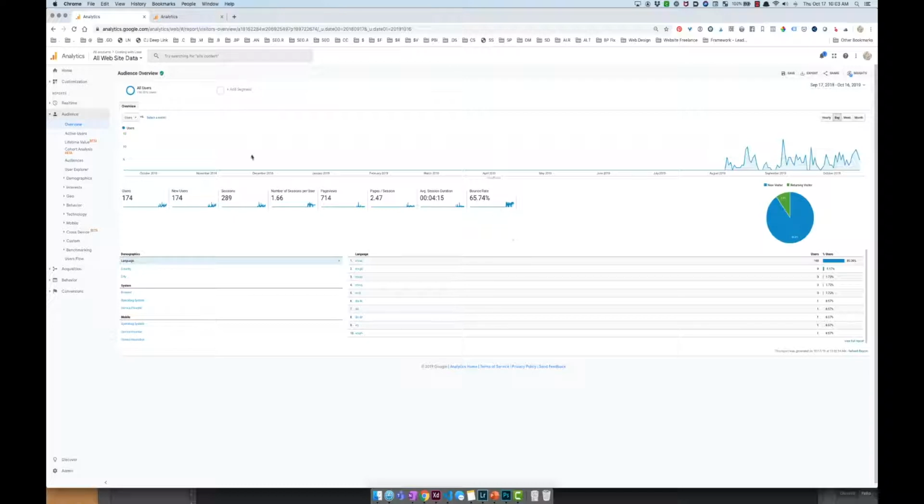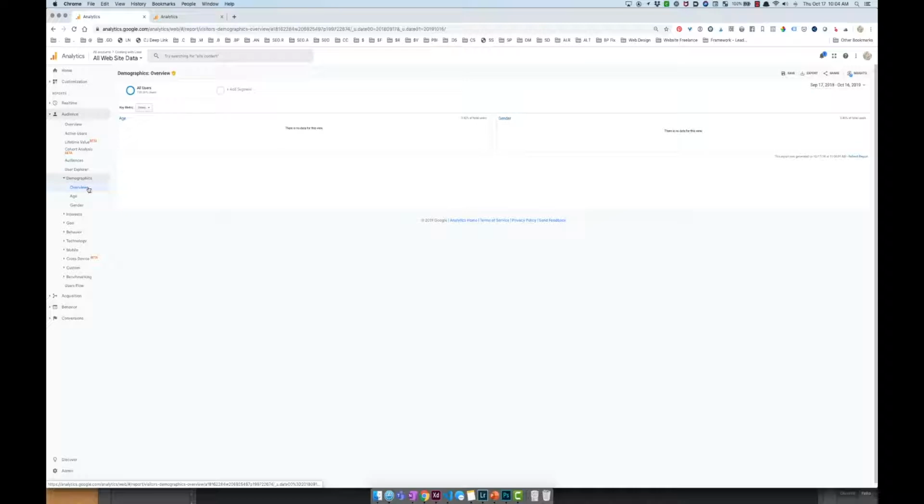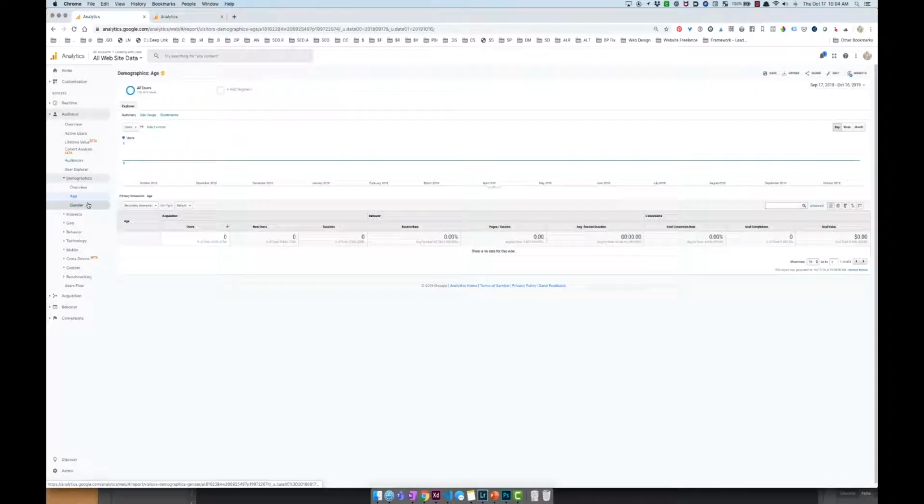So that's what the bounce rate is. So that is audience, and that's typically what I look at, honestly. Another cool thing that you can see is the overview of the demographics. The way that they pull up, there's no view because I don't think I turned this on, but there is a way to turn it on so that you can see